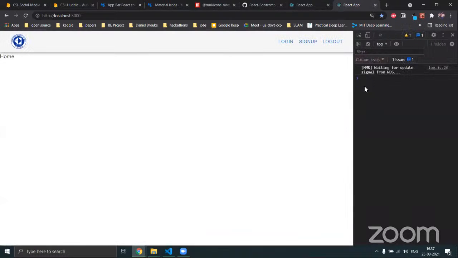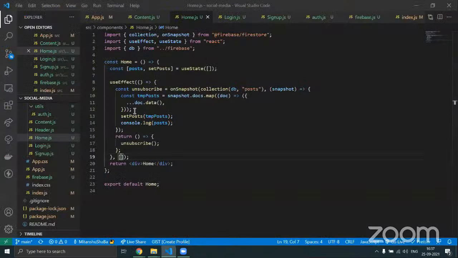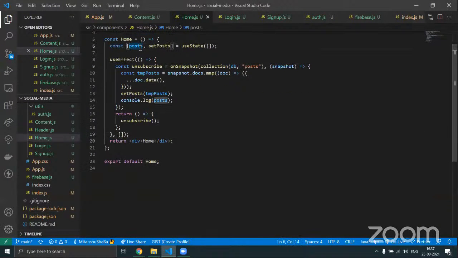Okay, so initially this is going to be empty, right? Because there are no posts as of right now. Okay, so this is where I'll be reading all the posts from. Okay, next thing, I'm going to create a single post. So for that, what I'm going to be doing is